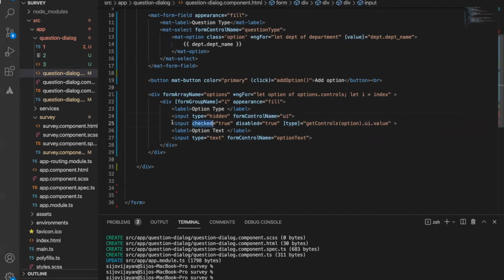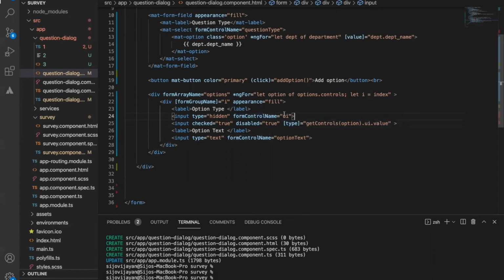So I will put this as UI, and we need to show what type of element we are going to show to the user. For that, I just put this as checked true. This will work for both checkbox and the radio button. Also, I just disabled this control, and the type I just modified as a dynamic type.